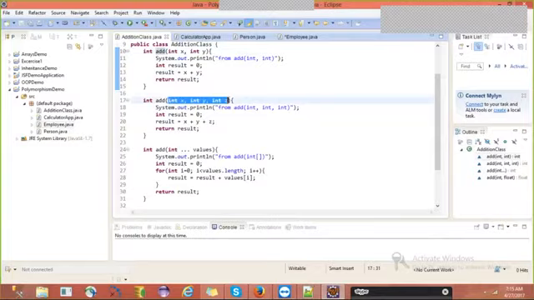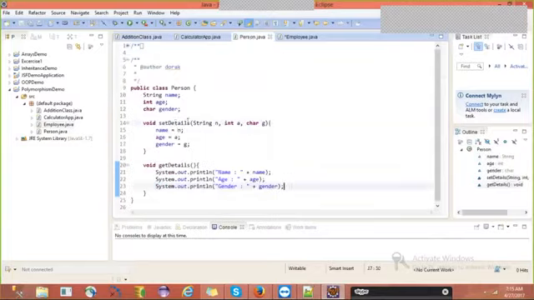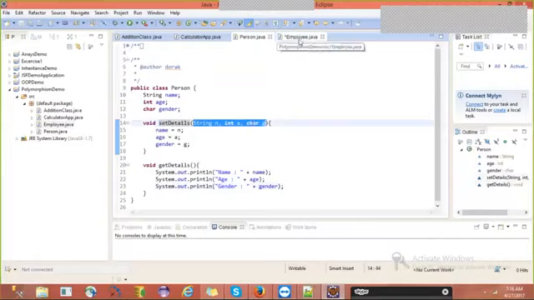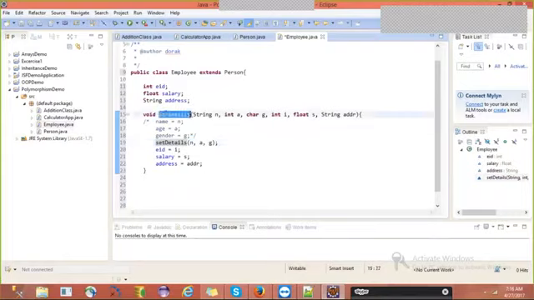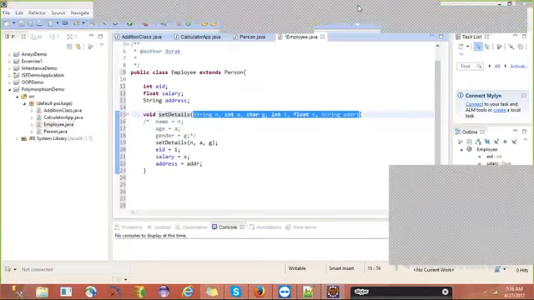In a similar way, in the person class the set details method has three parameters. In the same person class hierarchy, employee has set details with six parameters. That means it is overloading. Is it clear, guys? The definitions we need to remember.